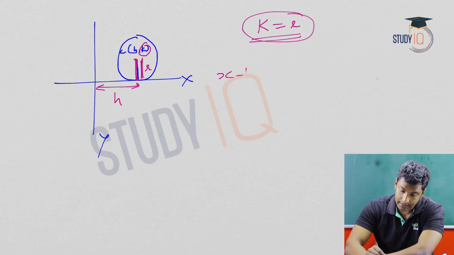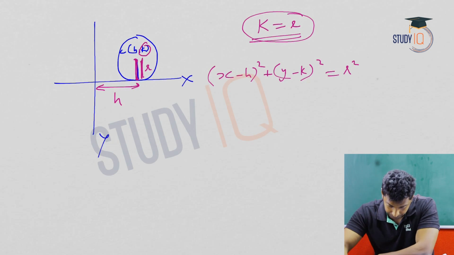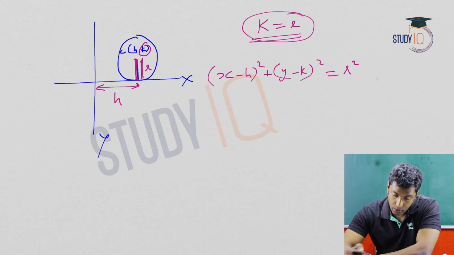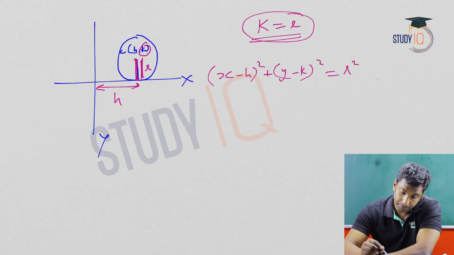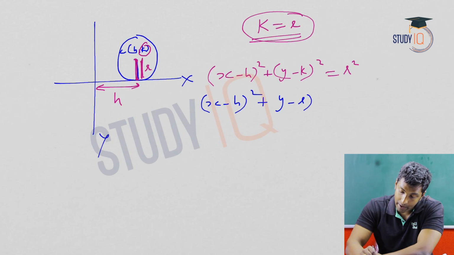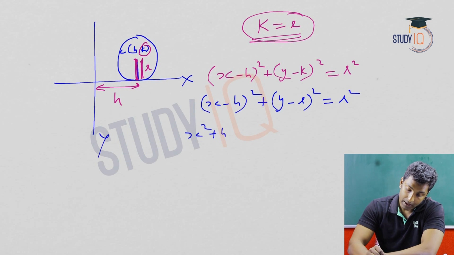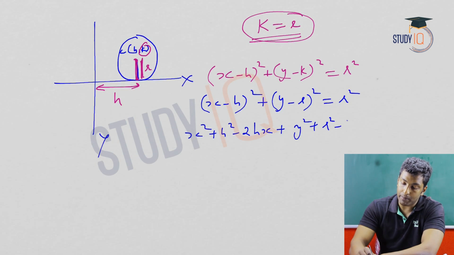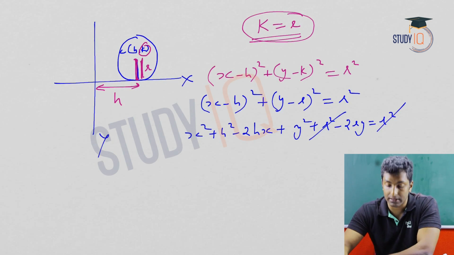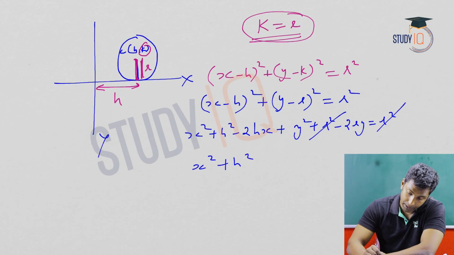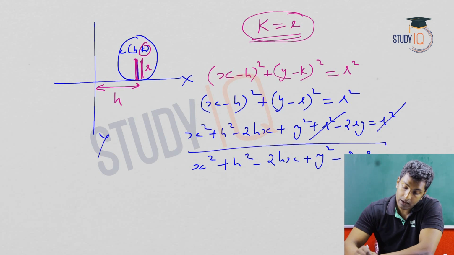Now if you substitute in the general equation, x minus h whole square plus y minus k whole square equal to r square, what I need to do now? I need to substitute k equal to r. So x minus h whole square plus y minus r whole square equal to r square. Now I will open up the bracket. So x square plus h square minus 2hx plus y square plus r square minus 2ry equal to r square. Now r square and r square are getting cancelled out. What you will be getting is x square plus h square minus 2hx plus y square minus 2yr